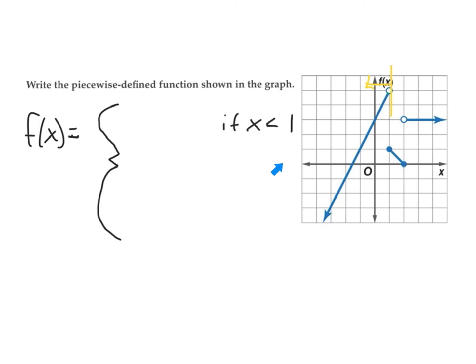All these values less than 1 are going to be on this piece somewhere. So that's the boundary for that first piece. And that's an array. Whenever I have an array, it's going to be less than, greater than, less than or equal to, or greater than or equal to. When I have a situation like this where I have a segment,